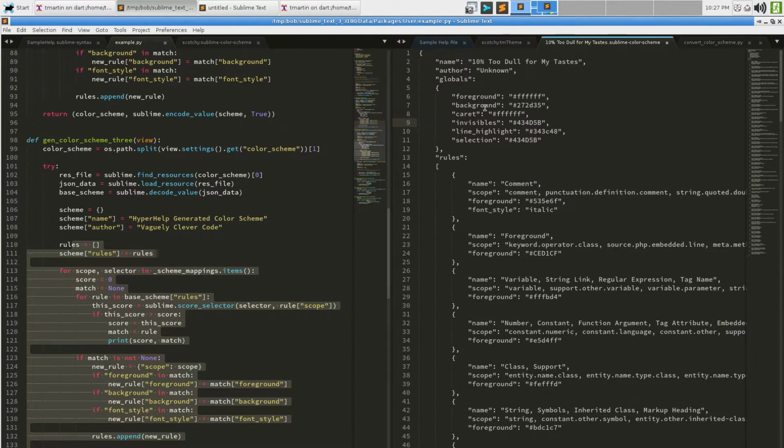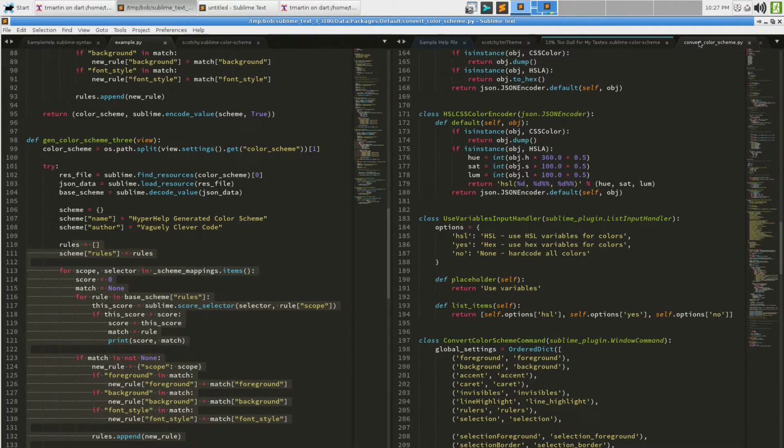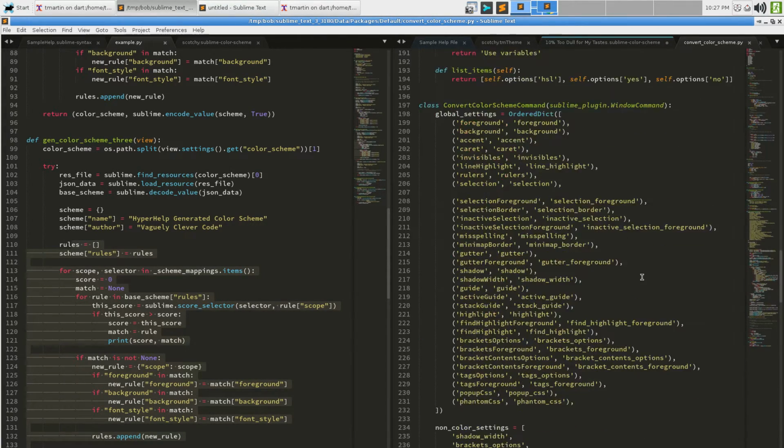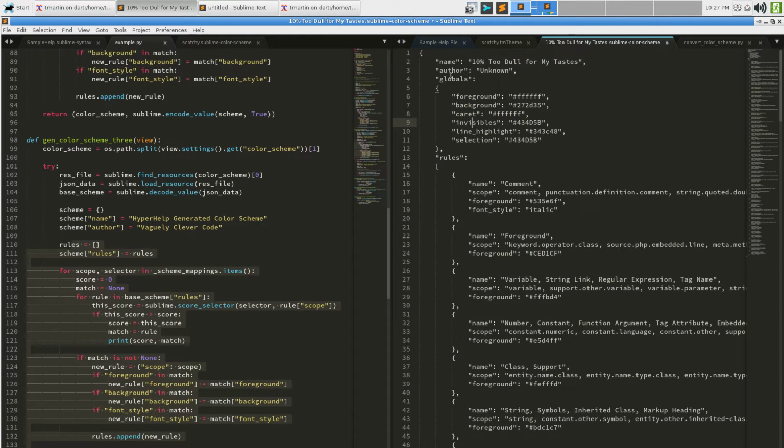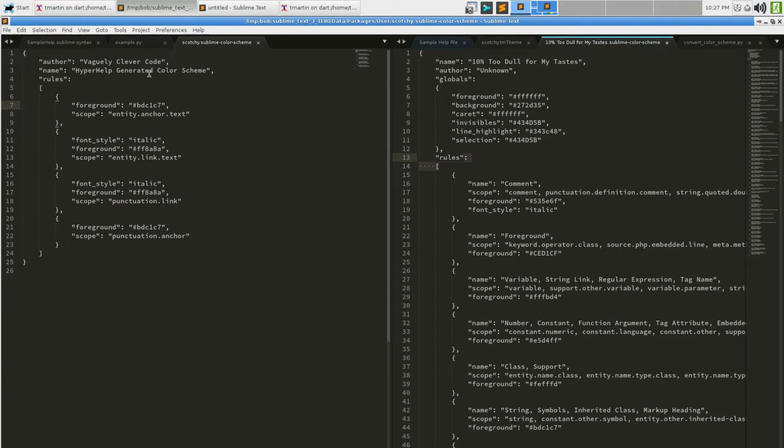And it's also worth noting that this is smart enough to use an ordered dictionary in it, as we can see for the globals and whatnot, so that the keys that fall out are in the order we expect: name, author, globals, rules. Where if you remember when we did that ourselves in our own syntax, that wasn't the case.